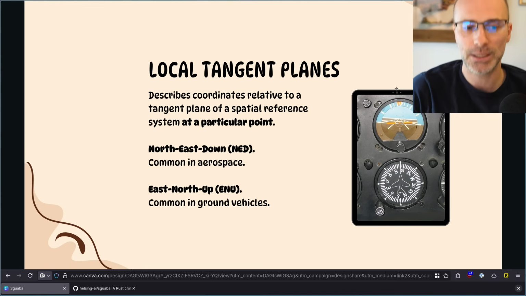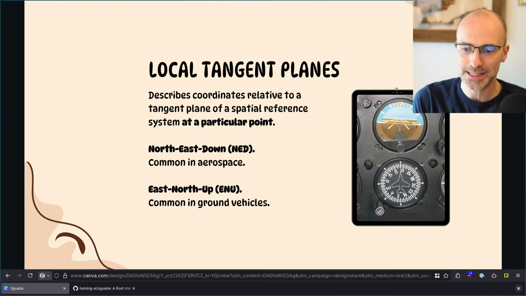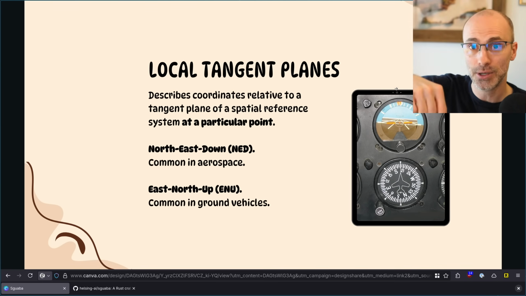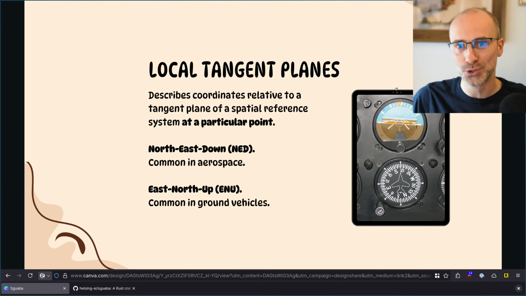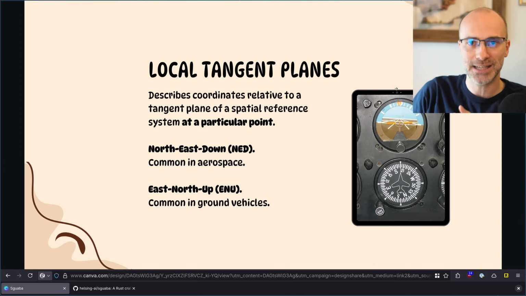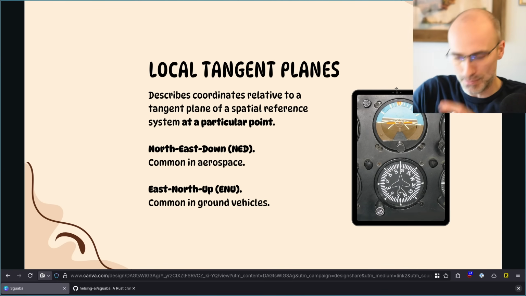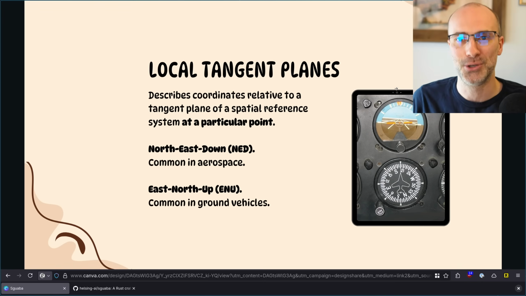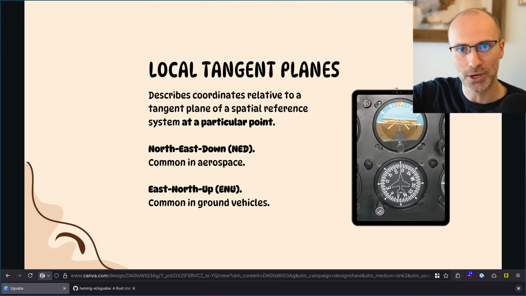North-east-down is a common one. So the x-axis is north, the y-axis is east, and the z-axis is down. This is commonly used in aerospace because usually you want to talk about things that are below you, like the ground. And so it makes more sense for positive z coordinates to be down because that's where most things are. And you don't really want most of your coordinates to have a negative number in one of the axes.